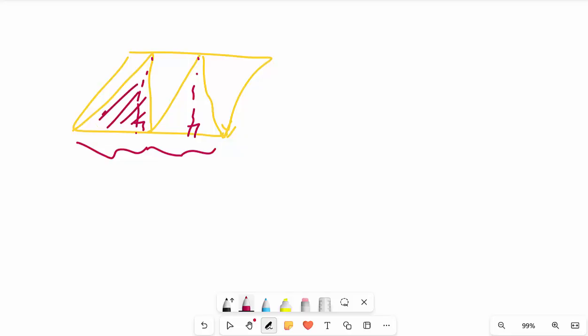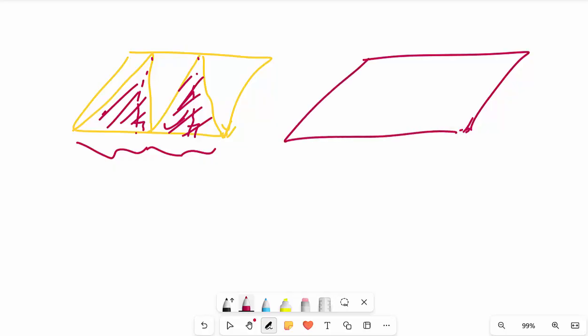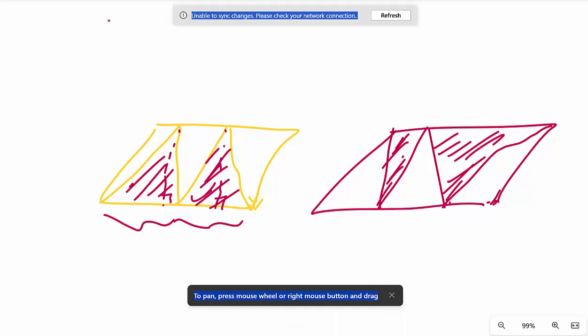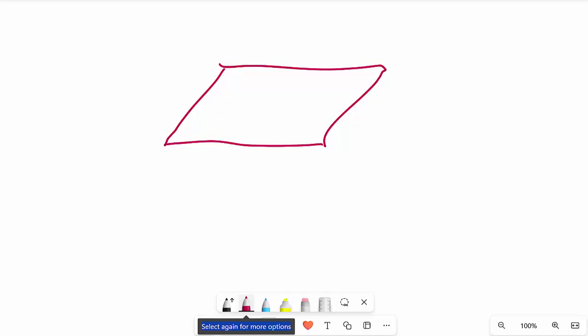So some of their areas will be half of the area of the parallelogram. And also if we have triangles like this, then again we'll have their areas like the previous one. The same formula and relationships